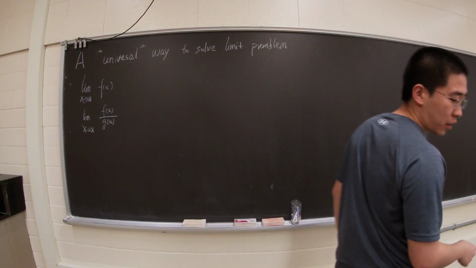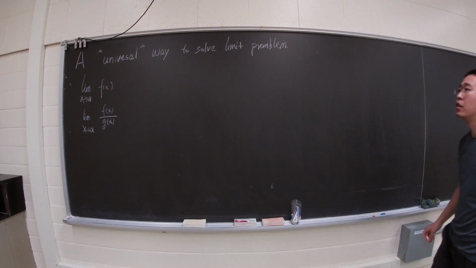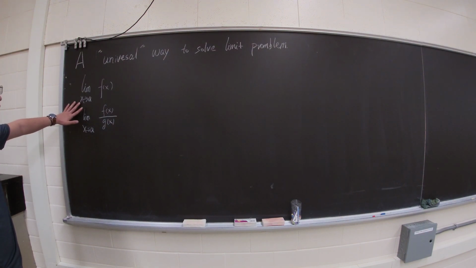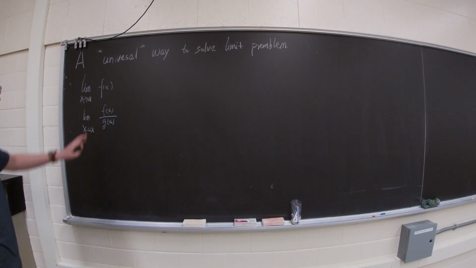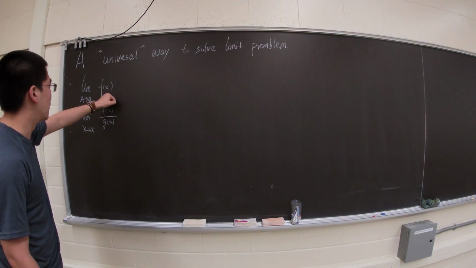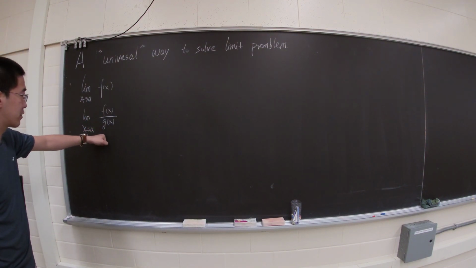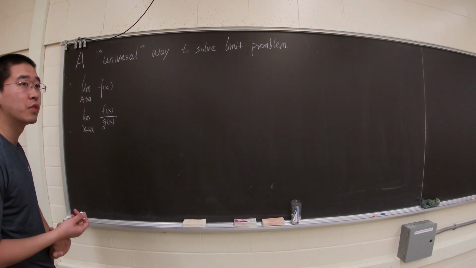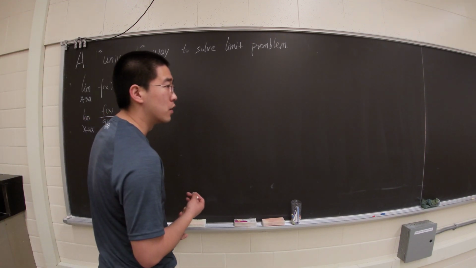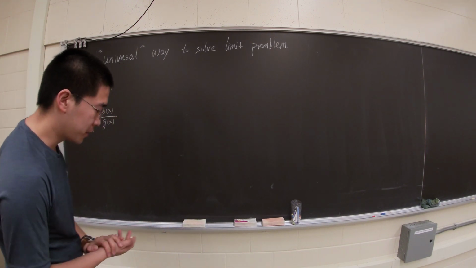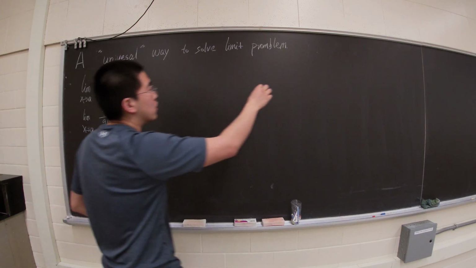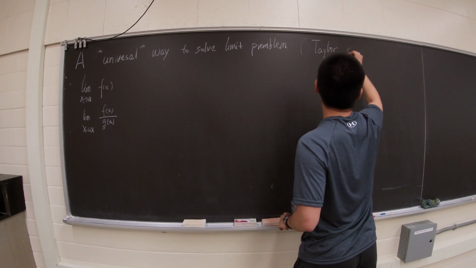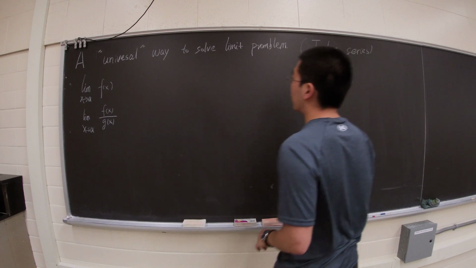Okay, I will try to make a universal way to solve limit problems. So if a is a finite number, and you want to calculate the limit of f(x) over g(x) as x goes to a, from the knowledge we learned from Taylor series, we know that